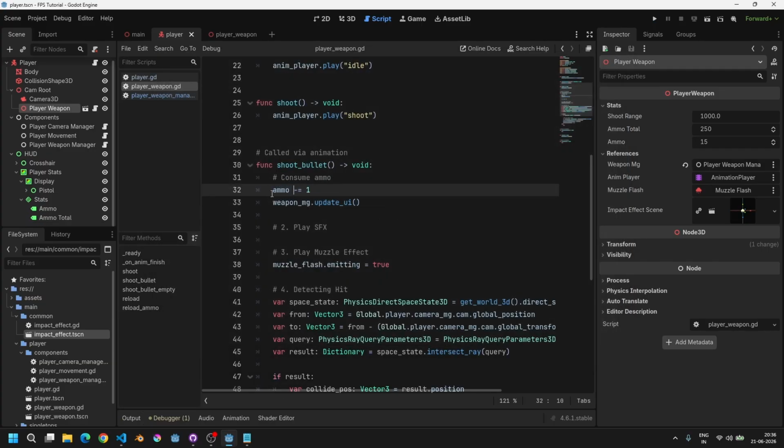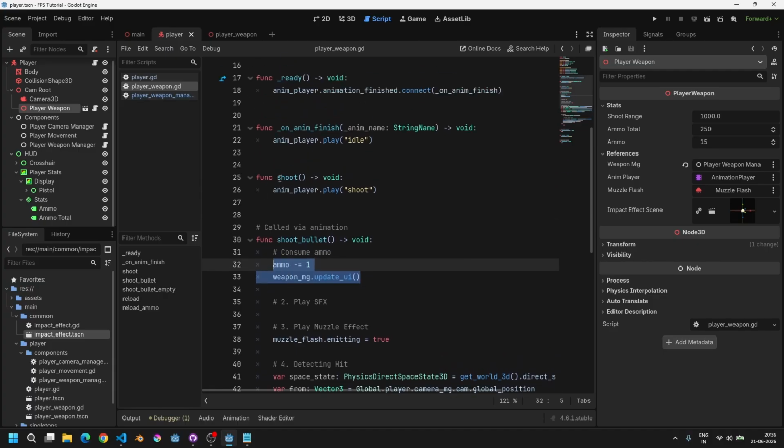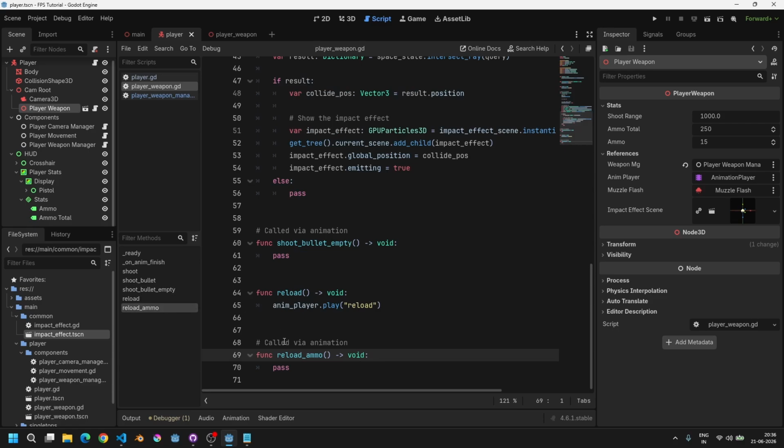I will not add the condition something like if ammo is less than 0, as the guardrails for it will be a little earlier when we actually shoot. It's over here that we are going to do the check, so we can keep it as it is. So say if some issue happens, we can know, like we just knew right now. Okay, so this is for consuming ammo, and then for reloading ammo, so over here let's first do the reload